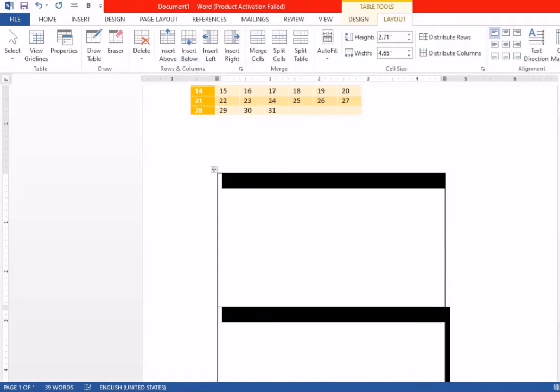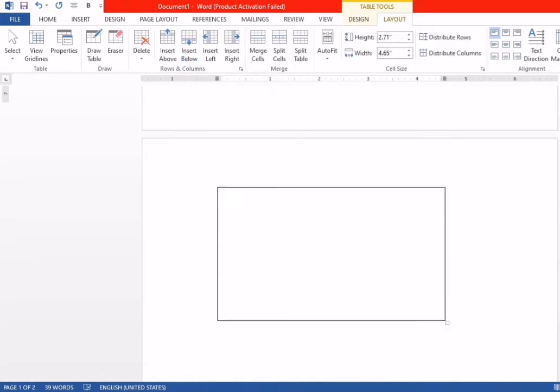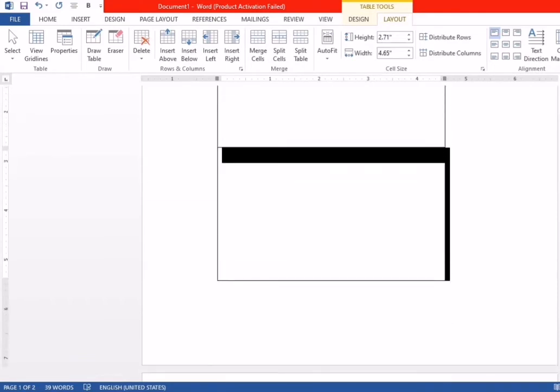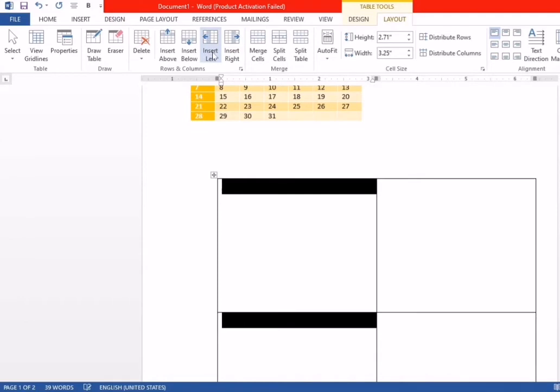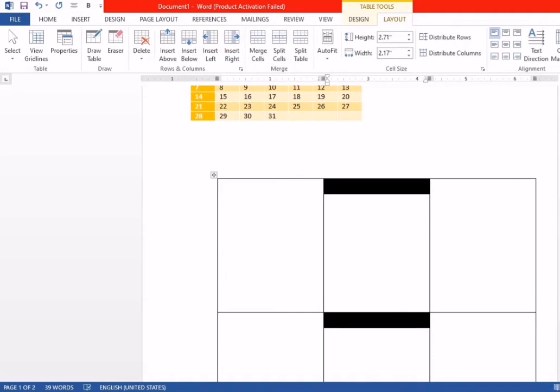If I click here, it appears below. If I click insert left, you can see this becomes like this side, and if I click insert right, these options appear here.